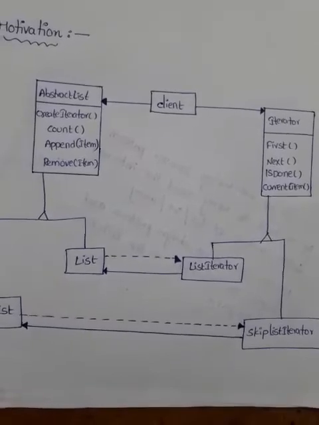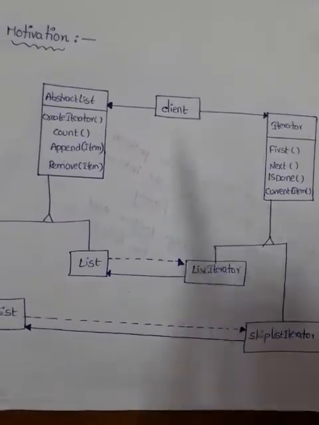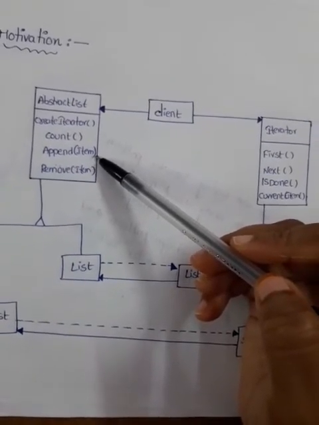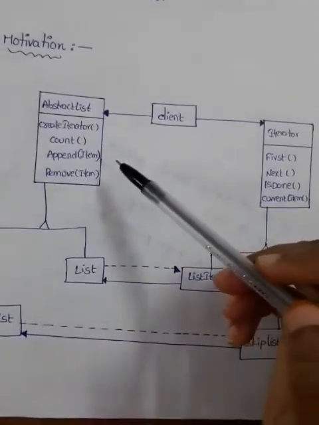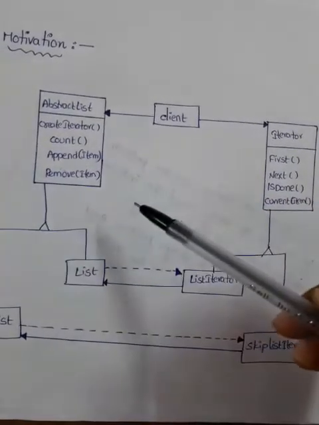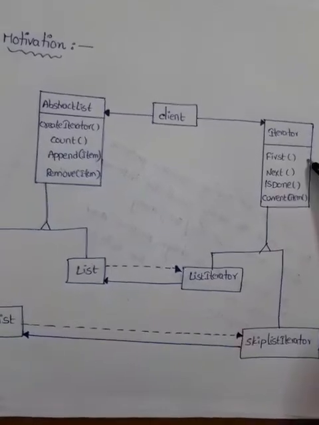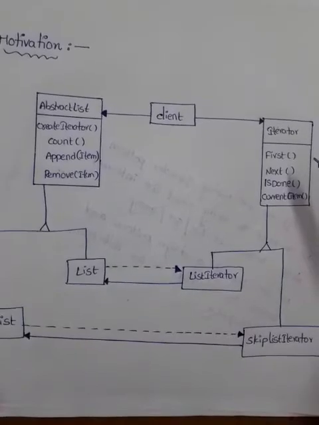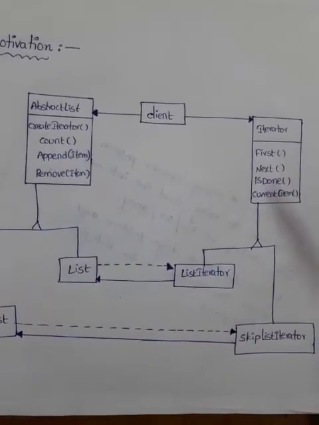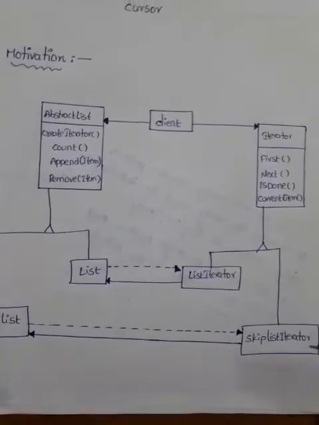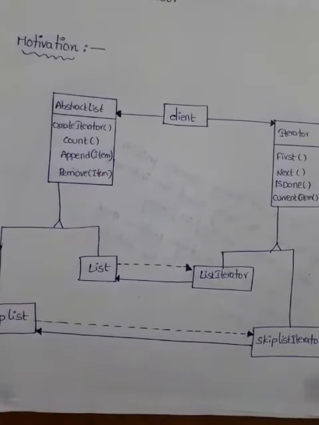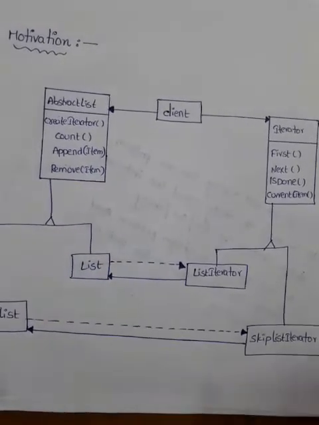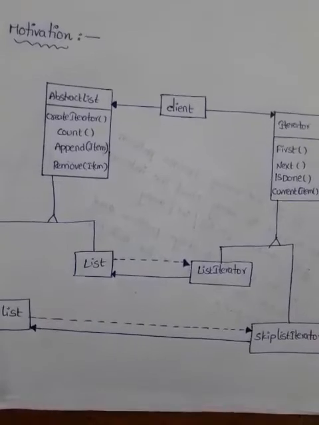We define an abstract class that provides a common interface for manipulating lists. Similarly, we need an abstract iterator class that defines a common iterator interface. Then we can define a concrete iterator subclass for different list implementations. As a result, the iterator mechanism becomes independent of concrete aggregate classes.